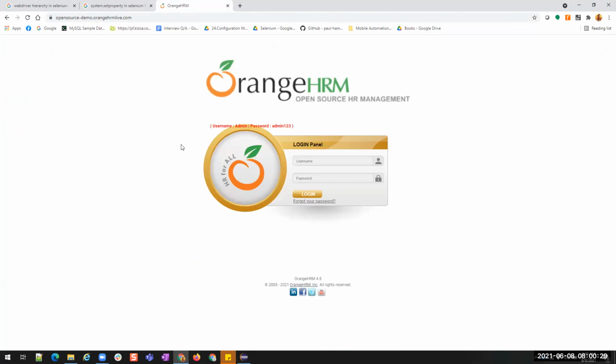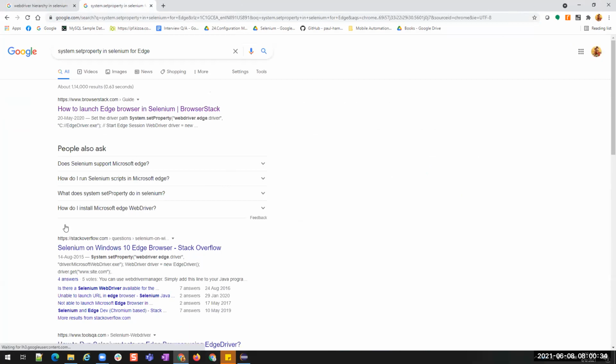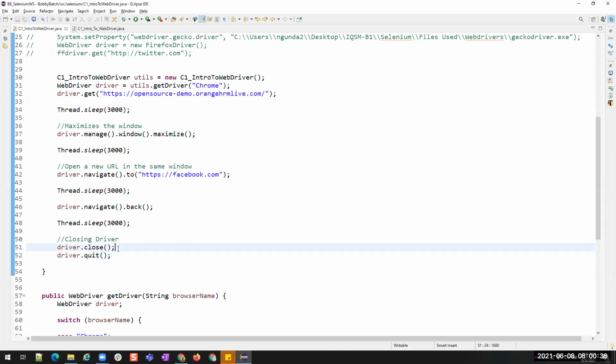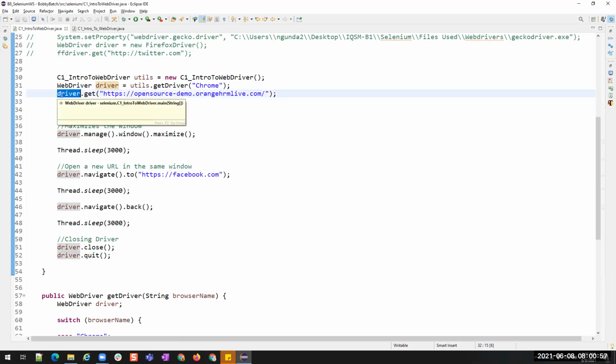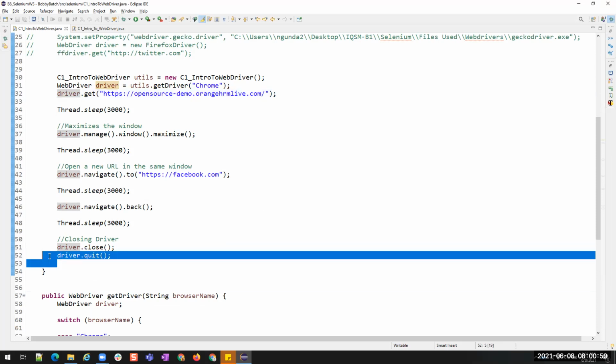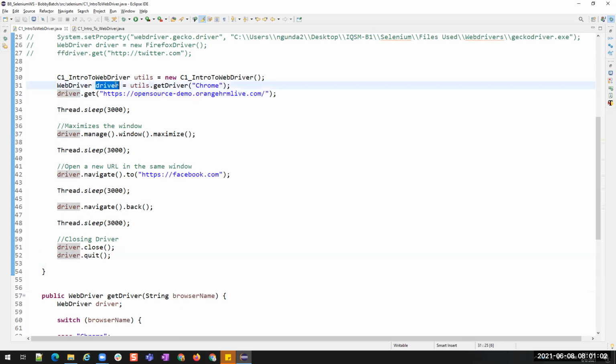If I use driver.close, only this window will be closed, but the browser is still present. driver.close will close the current window or current tab, only that active tab, whereas driver.quit is going to close the complete browser, including all the tabs that we opened using this driver instance. Or in other words, driver.quit is going to clear this object.